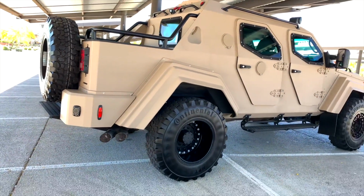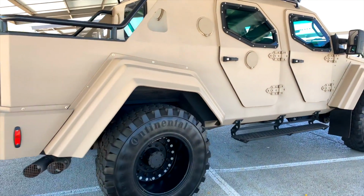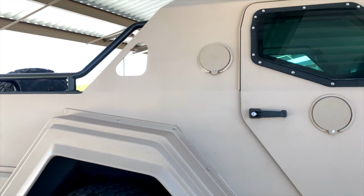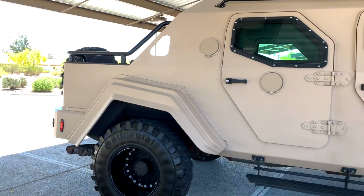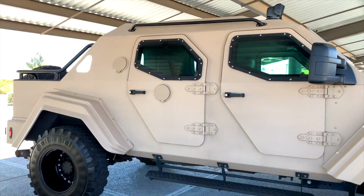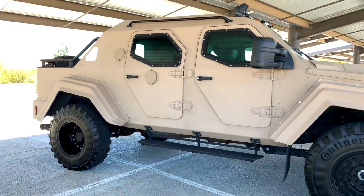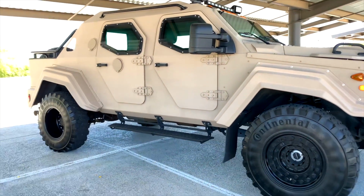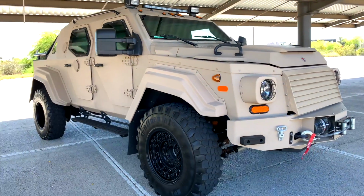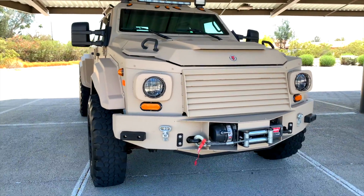I don't believe you can even go and order one of these right now. It's going to be less protection if you don't need all that protection, but if you want the added protection, this is the one to own. Again, it's only one of two built, and this is serial number 1 of the two that were built to this level of protection. It was built on a 2012 Ford F550 XL 4x4 chassis with 6.7 liter V8 turbo